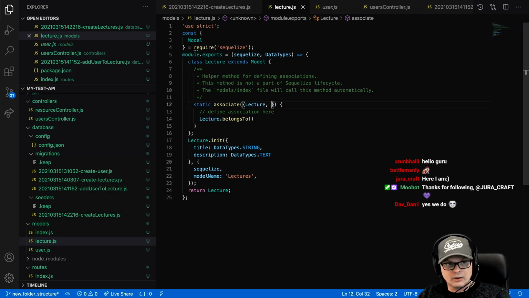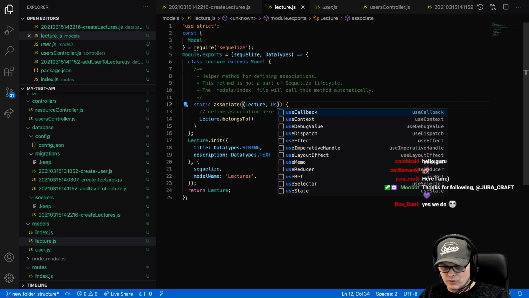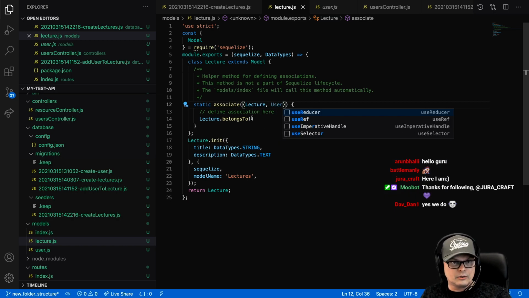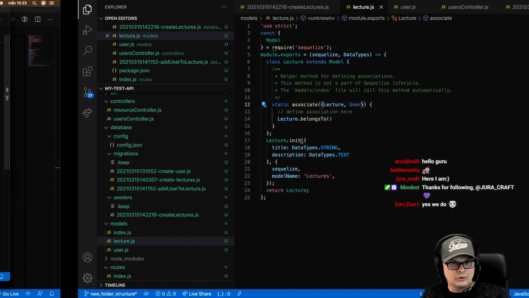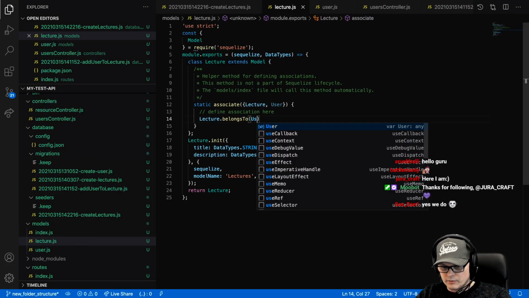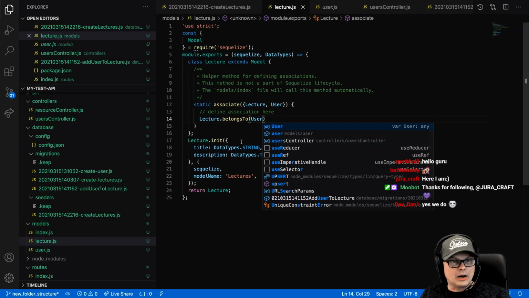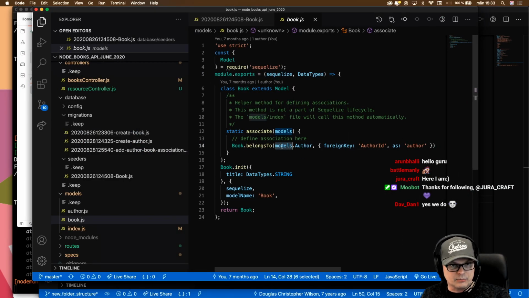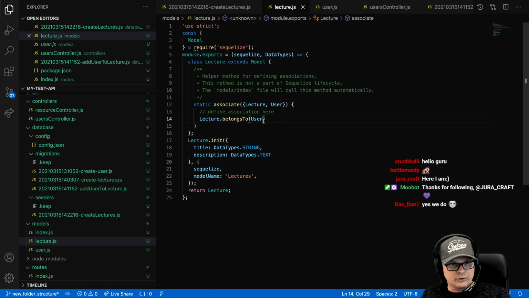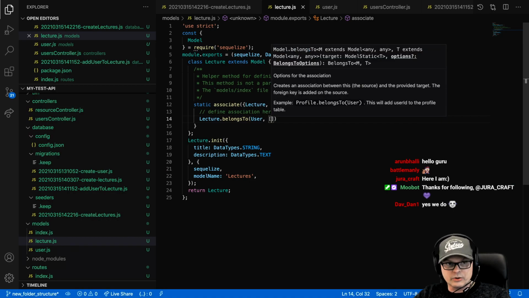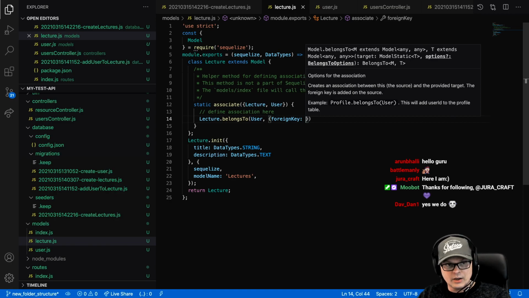lecture and user, right? Belongs to user, because I'm not fond of this syntax. You see, models.author. It doesn't look cool for me. Belongs to user and then comma, and then we just do an object and we say foreign key, and that was